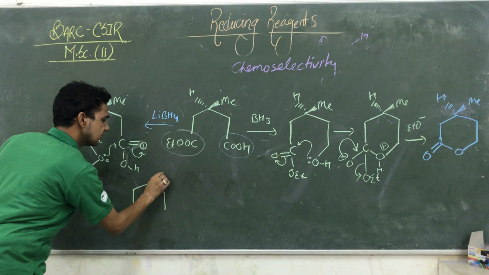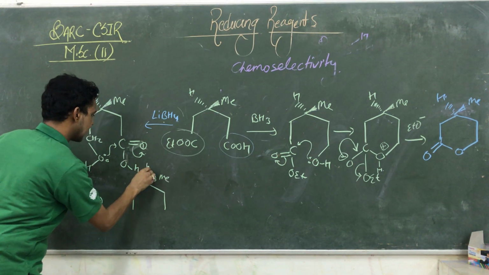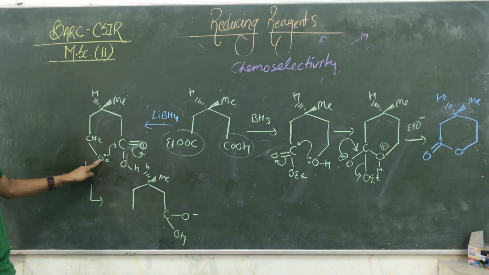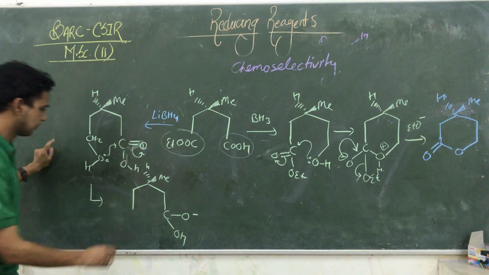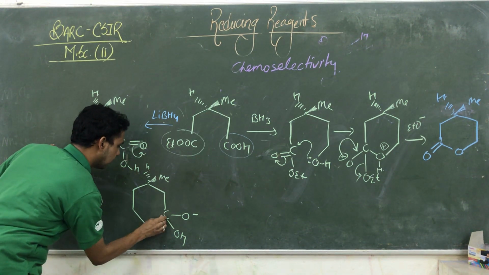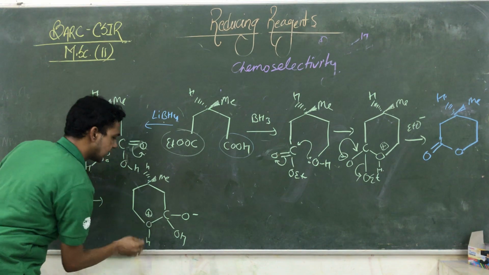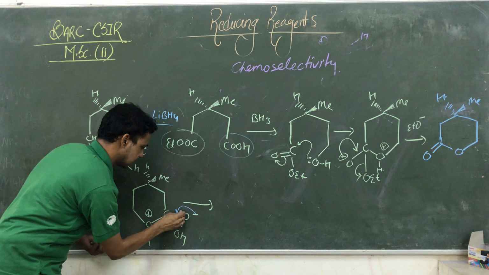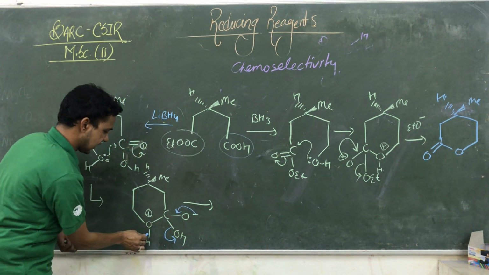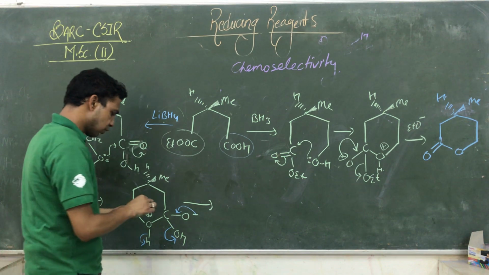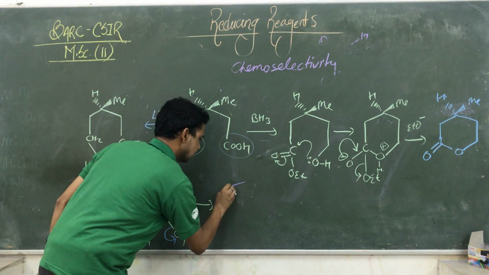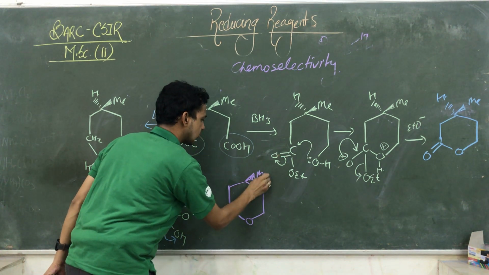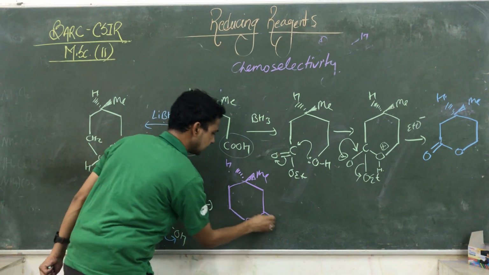This one is Me towards the observer. This one is H. Carbon O negative. OH is also here. Here the O forms an intramolecular bond with this carbon. This O forms a bond and one hydrogen is here carrying a positive charge. Again the same thing. This negative charge is moving inside and OH is moving outside. Here H is also moving outside. So guys, you are getting another compound, C. What is the difference? Me towards the observer, H away from the observer, that is A.